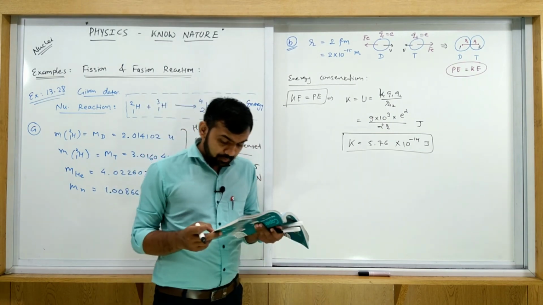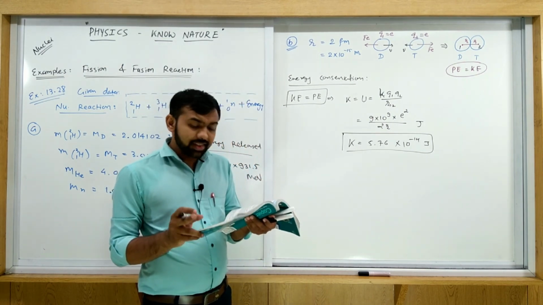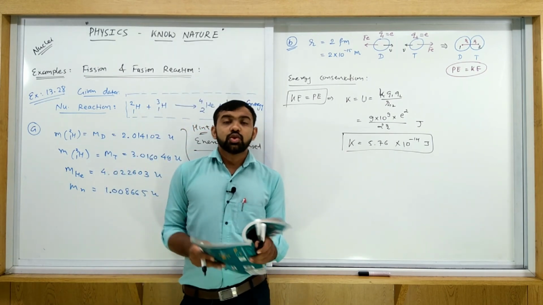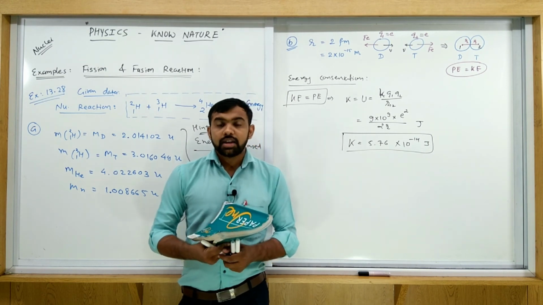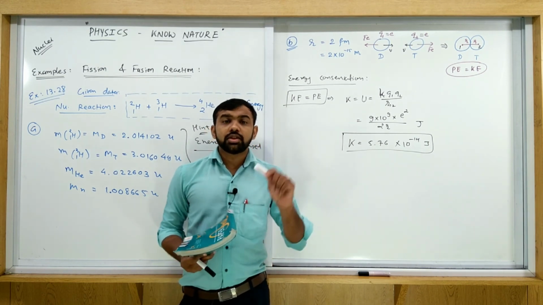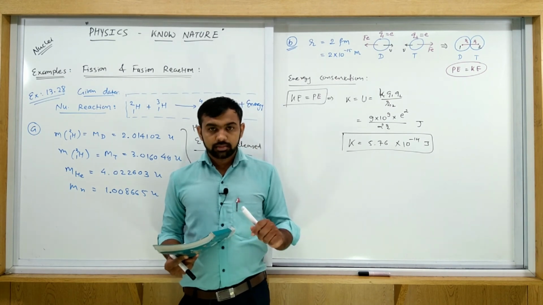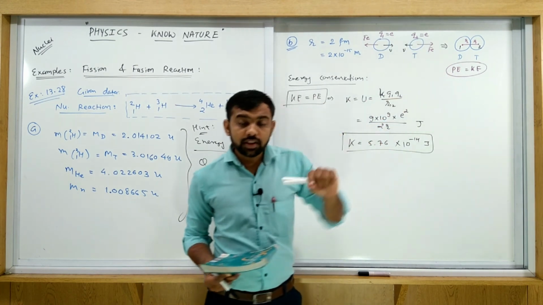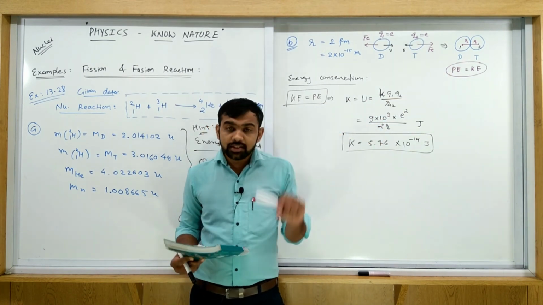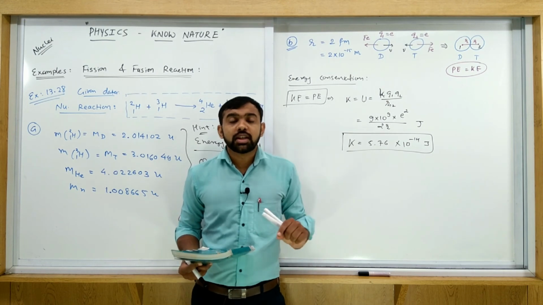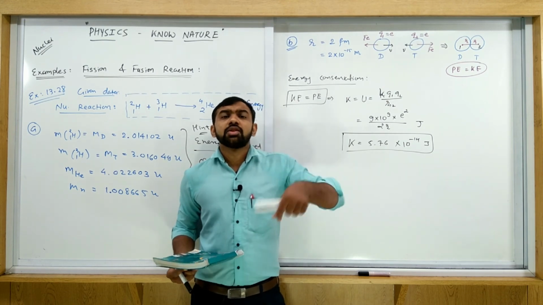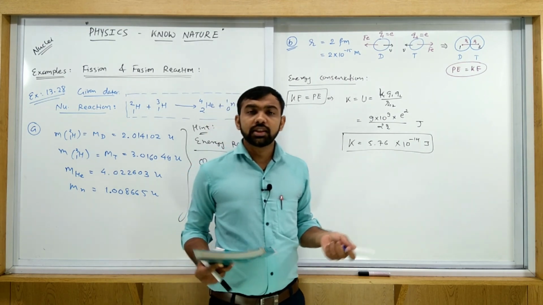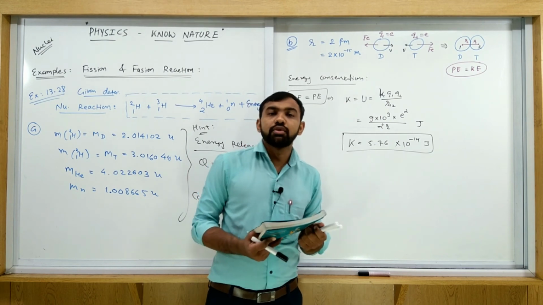Now what is the second case? To what temperature must the gas be heated to initiate this reaction? As we discussed in the theory session, fusion reaction starts if the temperature is very high. Why? Because to overcome this repulsive force, we must give some kinetic energy to both nuclei, and this kinetic energy is supplied by means of temperature. If we increase the temperature, thermal energy increases, it means the velocity increases and overcomes this repulsive force, and both are fused into each other.